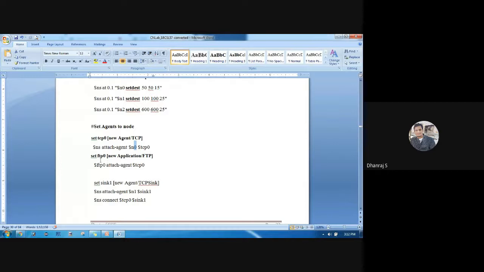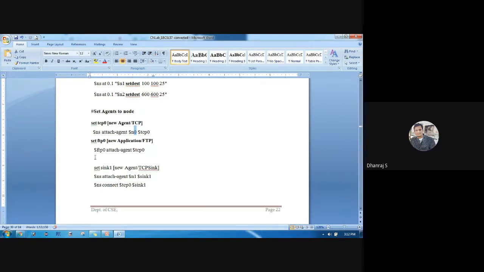As I told you, whenever we are using TCP as an agent, we are going to use FTP as a traffic generator. So that is what is specified here. You can see FTP0 is going to be attached to your TCP0. Set ftp0 [new Application/FTP]. A should be capital and FTP should be capital.